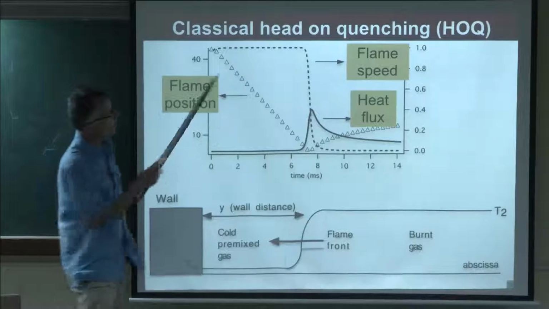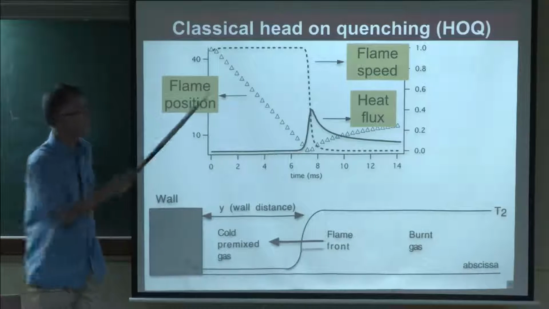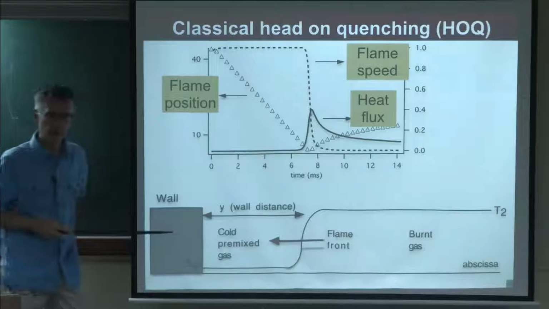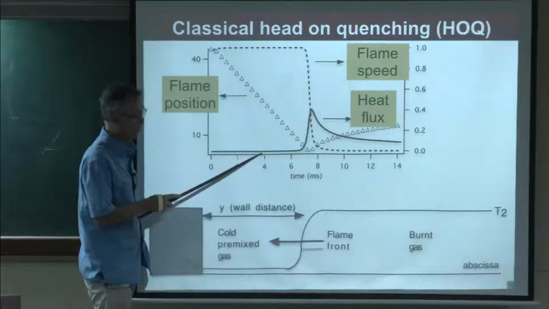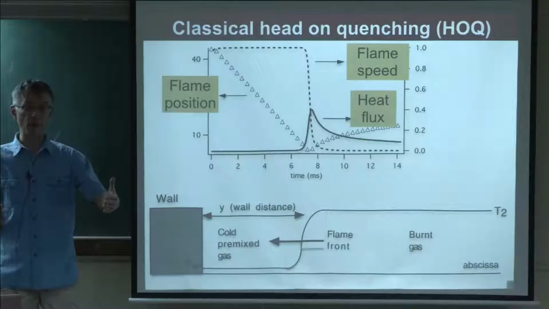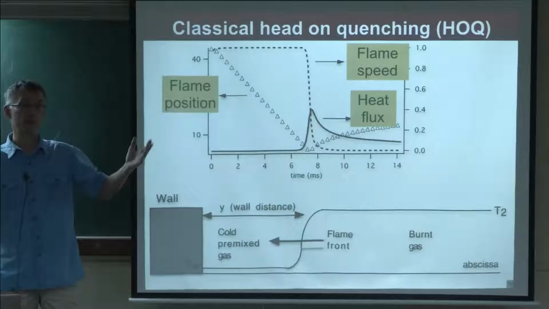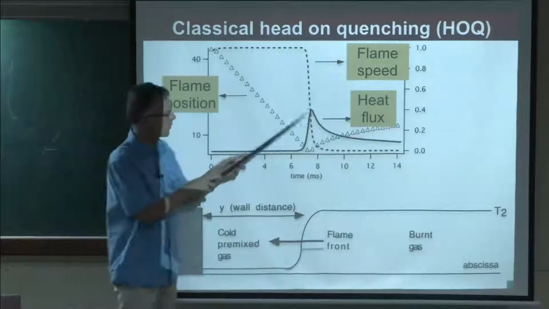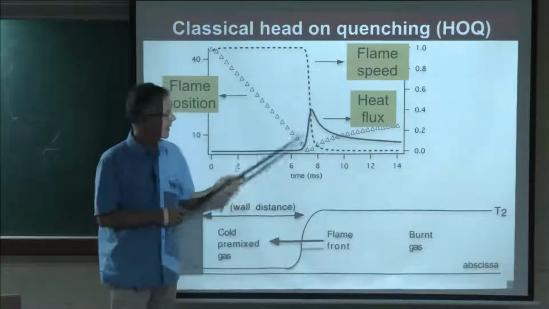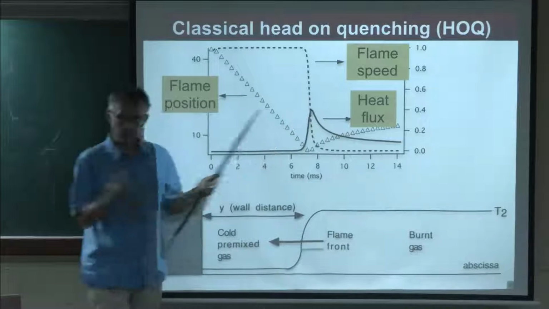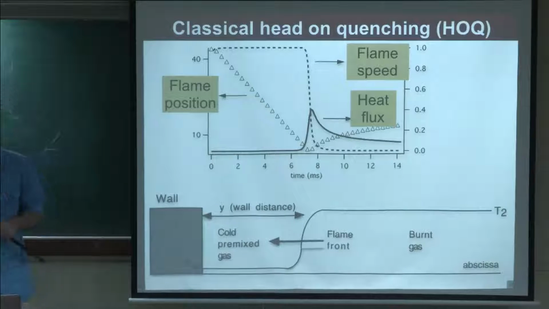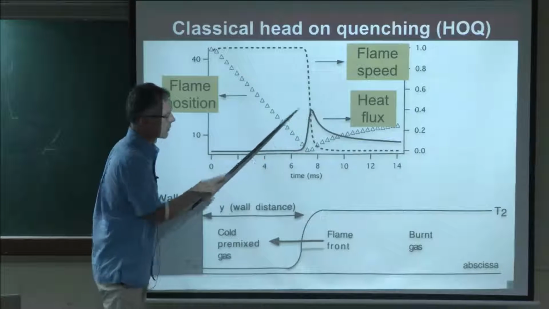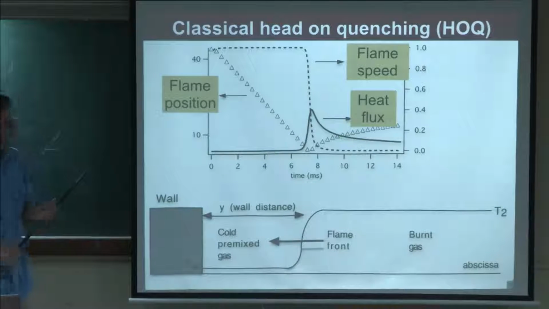In the same moment, the flame speed, this is the consumption speed now, the consumption speed will be constant and then suddenly drop to 0 when the flame gets quenched. And the heat flux is 0 initially because when the flame is far away, the wall does not care. The wall is happy. And then suddenly the flame gets closer, so the flux goes up, then it goes down again, and it reaches a maximum value here, which is the maximum value we want to measure if we want to look at flame wall interaction. So when people measure the maximum value here of the flux, they do that for different wall temperatures.